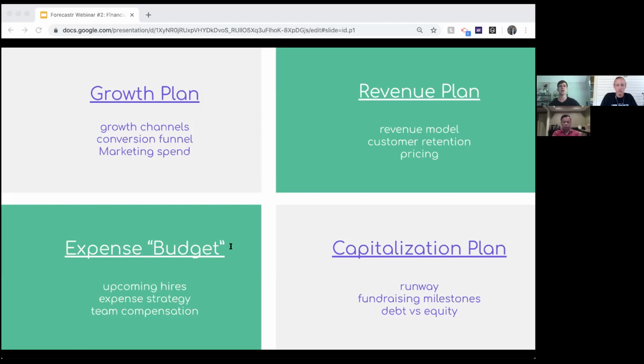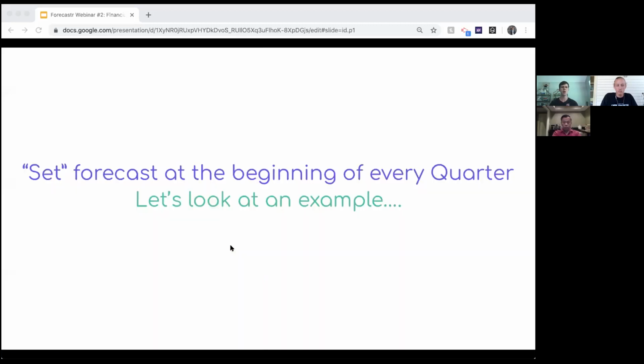And then finally, your capitalization plan is what's going to detail your strategy for ensuring that the company doesn't run out of money. And this can include target dates and amounts that you're going to be raising for debt, equity, or a hybrid of the two. But it's really how you're going to be going about making sure that the company is always funded and has enough cash in the bank. So we're going to dive into each of these, but before we do that, let's talk a little bit about